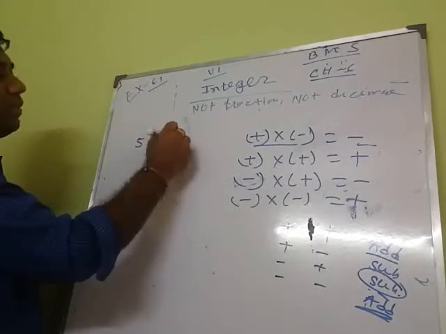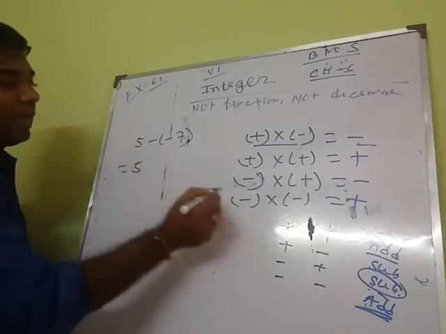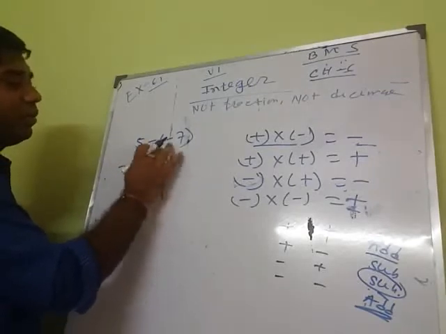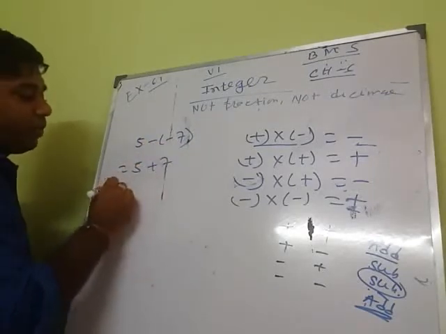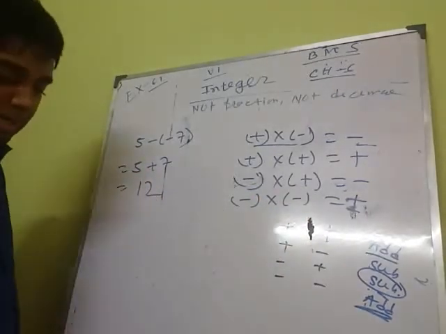5 minus or minus 7. 5 minus of minus 7. Minus into minus, the answer is plus. So plus 7. To remove that bracket, you will write 5 here. Now 5 plus 7, both are the plus sign. Plus plus, add. So 12. Okay. Next,